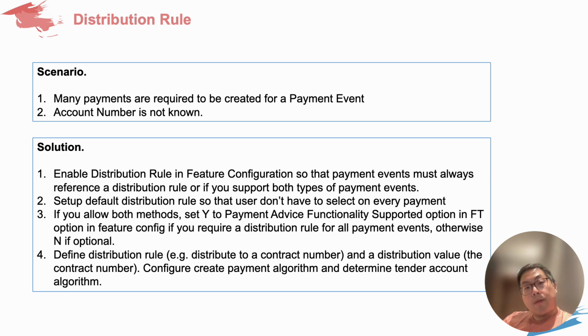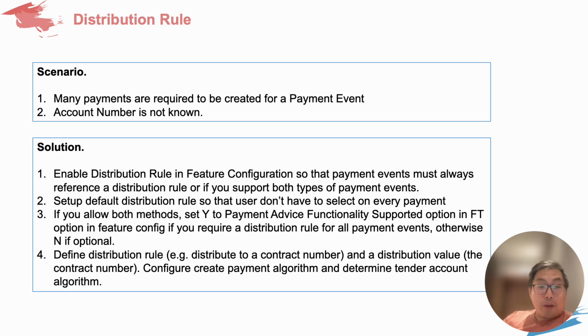Right. Then we talk about something called distribution rules. There are two scenarios I can think of to trigger distribution rules. So first, if many payments are required for a payment event, like I was mentioning earlier, and/or second, they don't know the account number. So there is no information from the source of the customer for the account number. This is not very common because normally you generate a bill, and the customer pays for the bill. The first thing when a customer calls in, the agent asks them is, what is your customer number or account number? So in those cases, if there is no account number being mentioned,